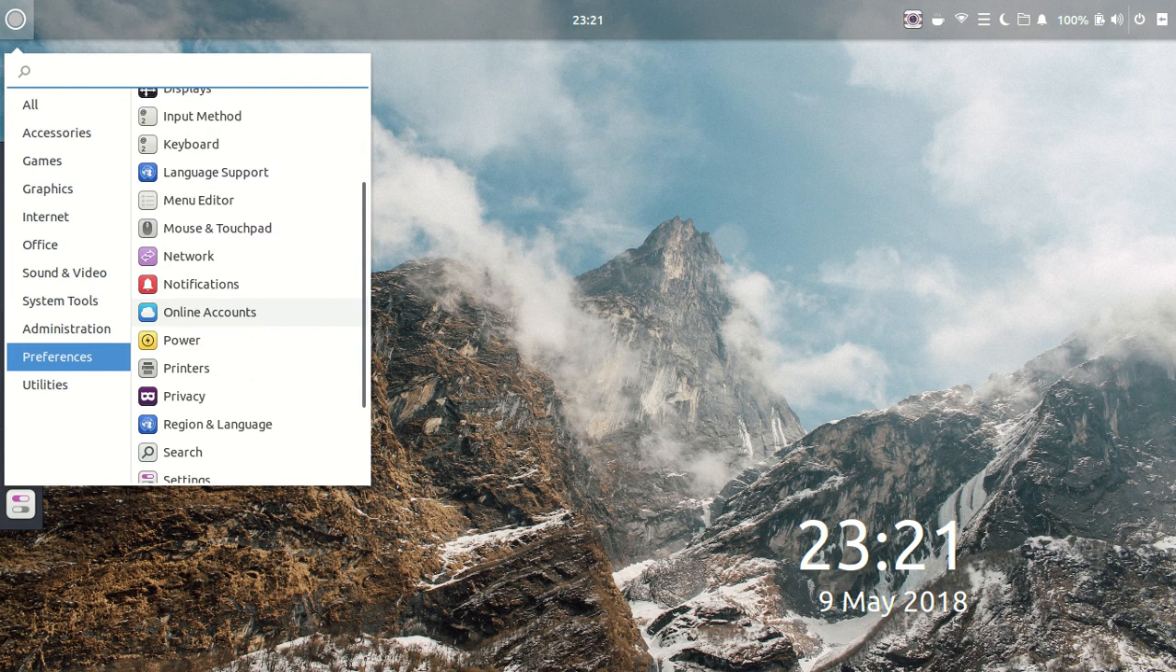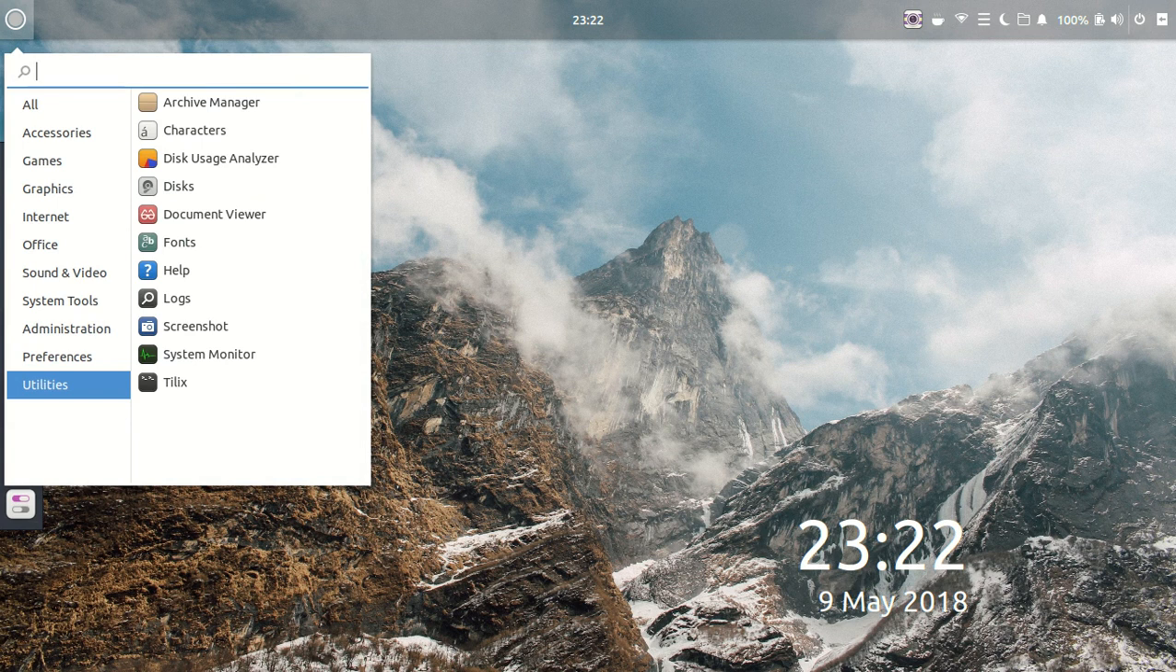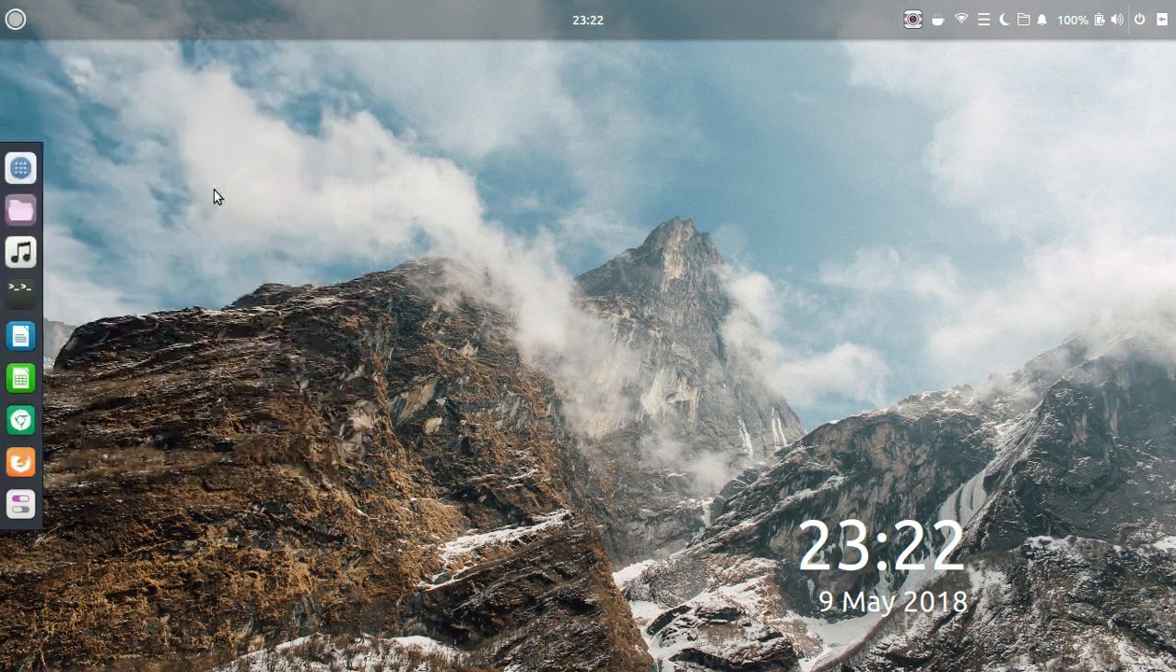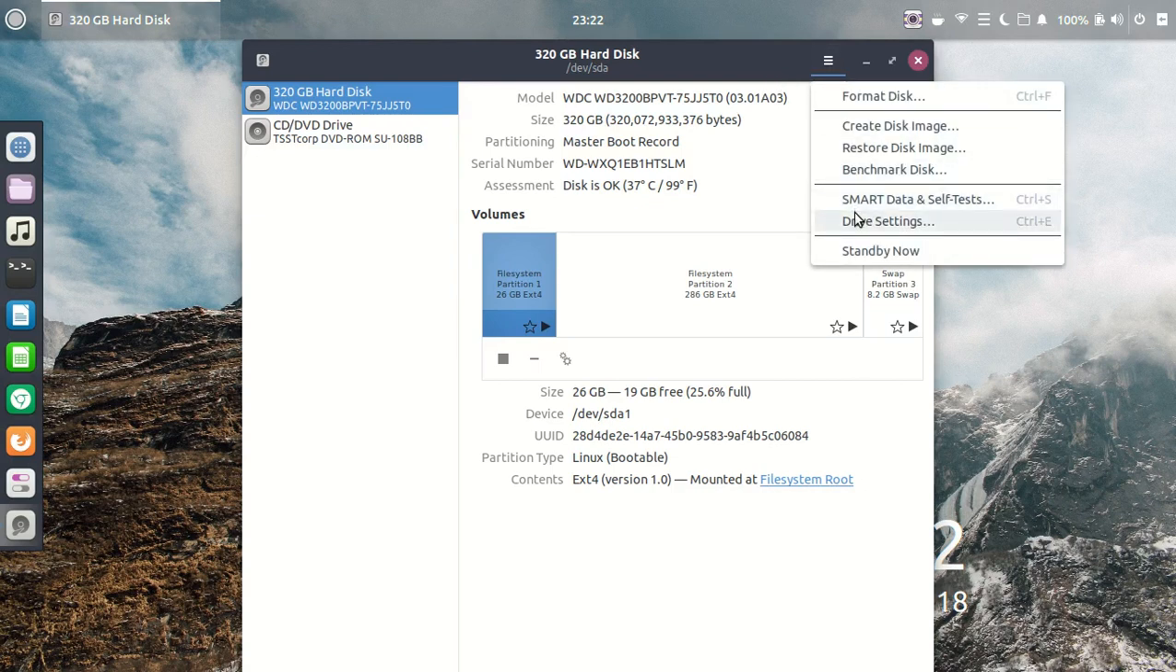Okay, I think we're done here with everything here. You can see it has utilities, archive manager for zips and tarballs. Need to do some specific things or find and use unusual characters. Disks. This is the disk program. It's fairly good, not quite as good as GParted, but one thing you can do here, drive settings,